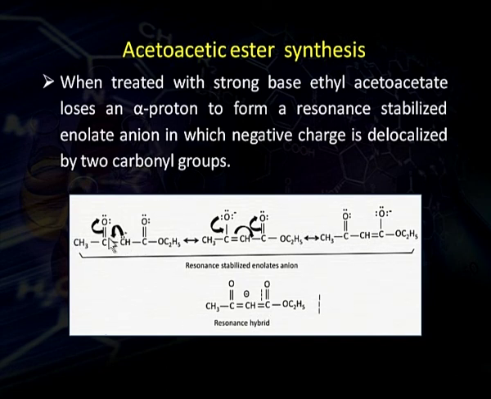Now, this is stabilized through this resonating structure. Again, the electron can shift back here, and it shows another resonating structure. So it is stabilized by these contributing structures, or we can say that the enolate is equivalent to the next structure, in which there is a 1.5 bond between oxygen and carbon, and the negative charge is dispersed over all the atoms. This is known as the resonance hybrid,